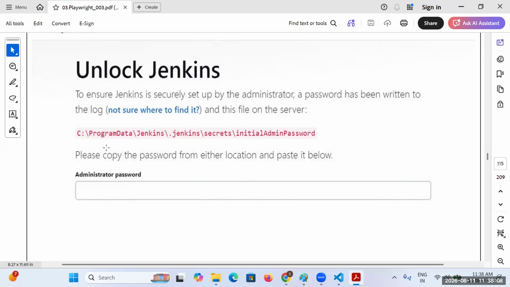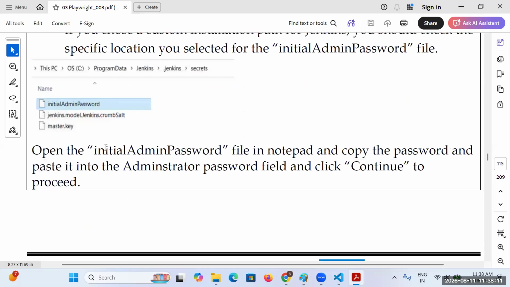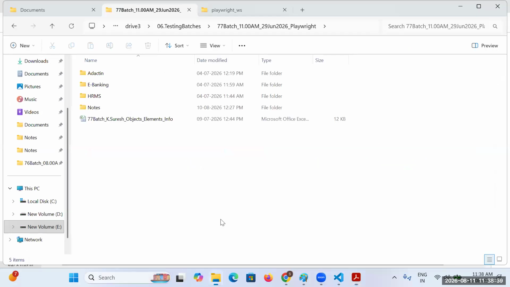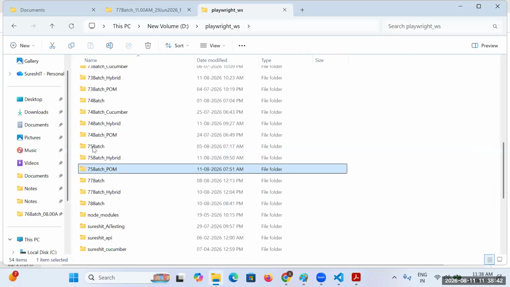In a C drive, by default, you will see Program Files only, not ProgramData. That folder is hidden. You have to enable the hidden folder settings in your laptop, making hidden folders visible. Then you will be able to see the folder named ProgramData.